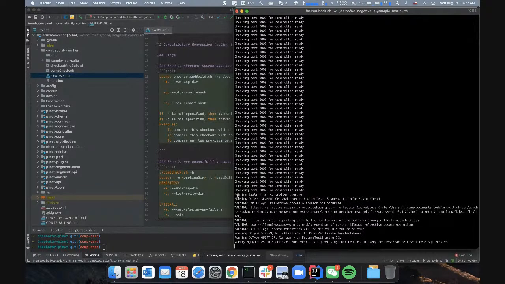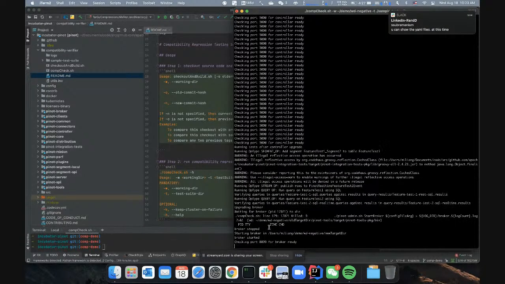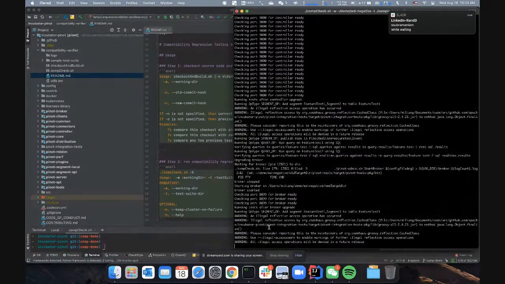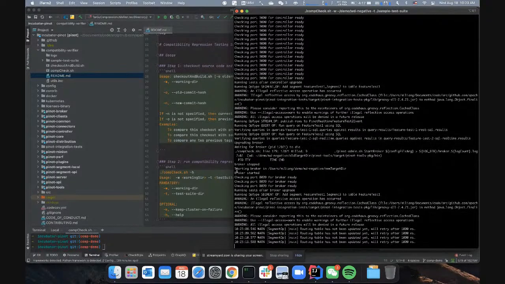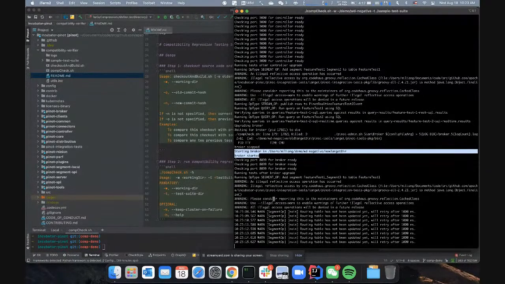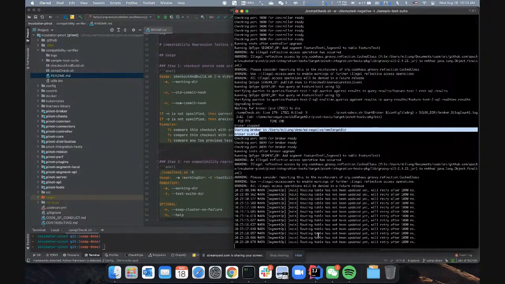Then it will push some segments and run queries. Then start upgrading the broker. Run queries.